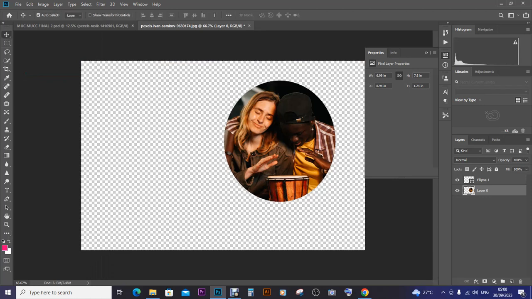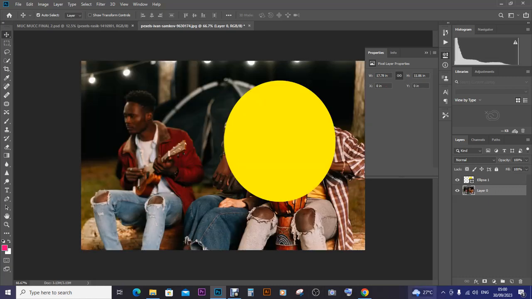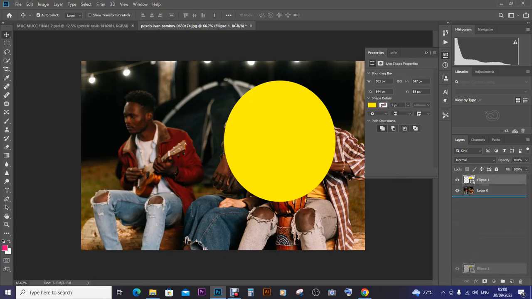Then I'm going to just move this to the other side. But maybe I would want to have something where I have a shape at the back. So I'm going to be first of all copying this, or even just drag and drop it, then put this eye off, and I just get to select that,